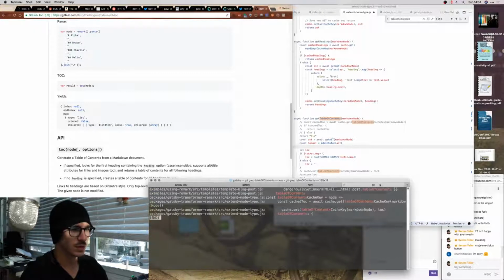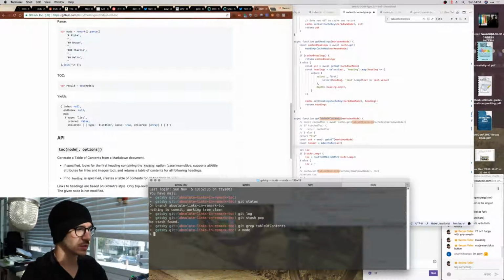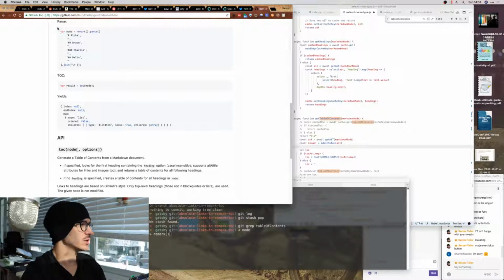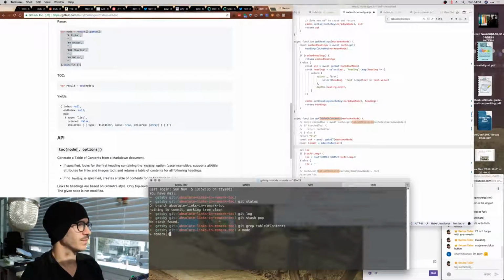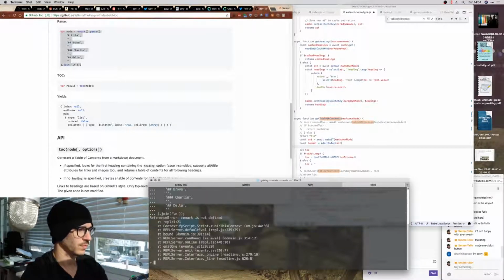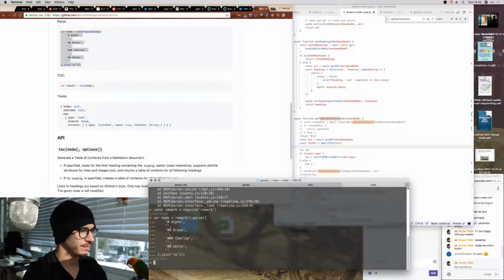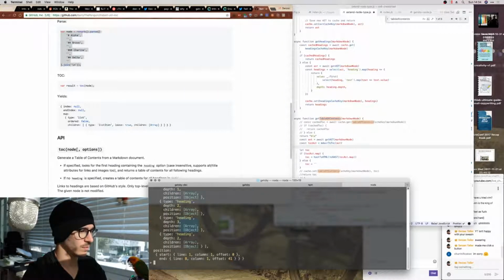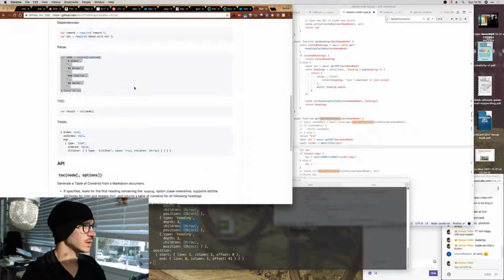Let's see. Let's try this. Let's try node and making a... Actually, let's just do this. Remark is not defined. Perfect. Const remark equals require remark. Okay, and we have a node, and I can do